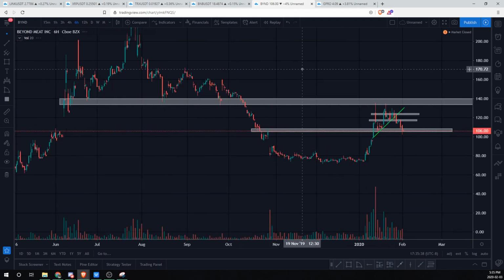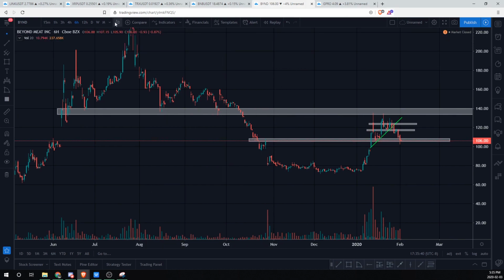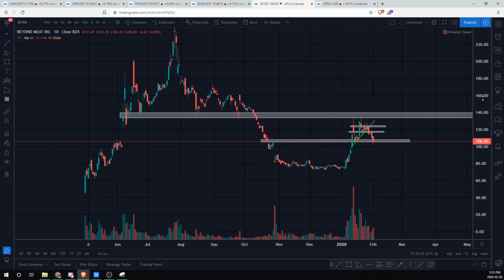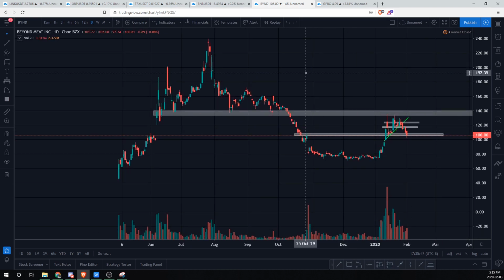So that is the overall structure. Why do the candles look very odd there? I think it's just because I'm using a 6-hour chart. Yeah, it looked a little bit odd there, but overall, that is my